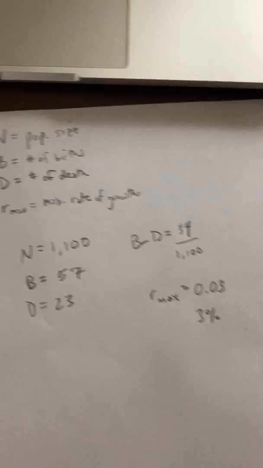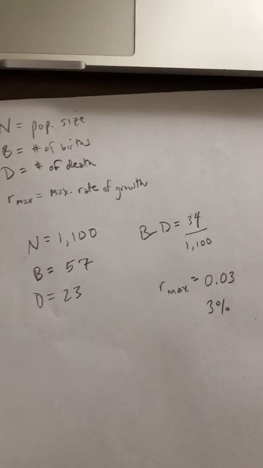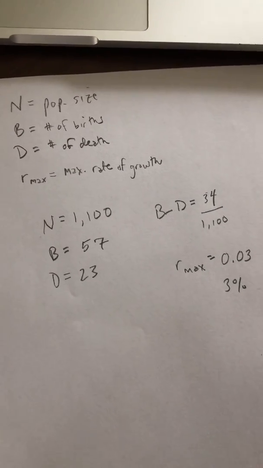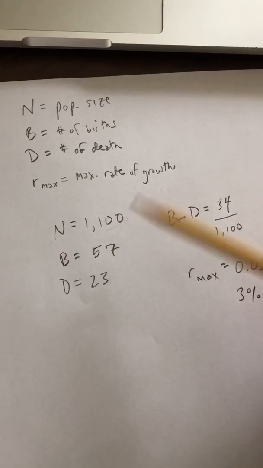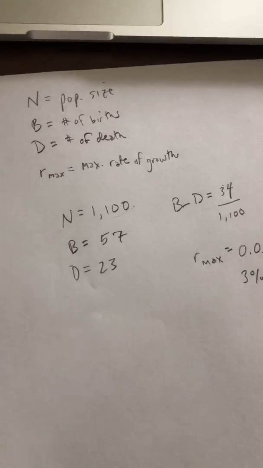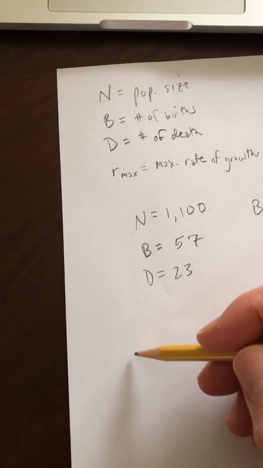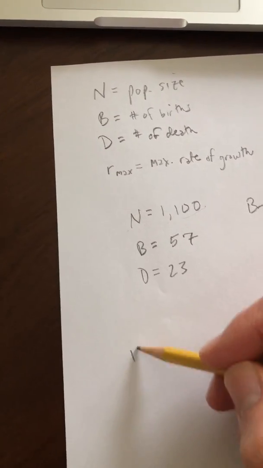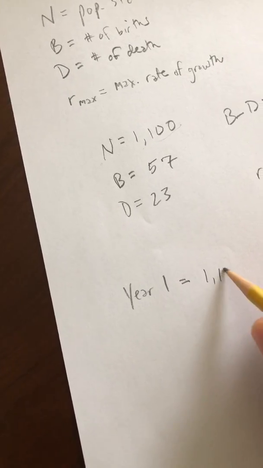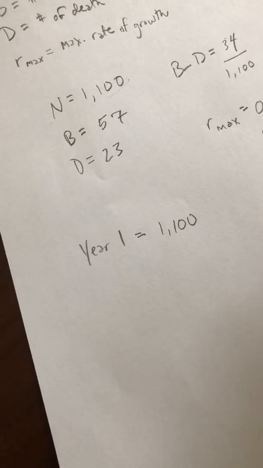So if I wanted to figure out how many individuals there will be in the population in the next generation, all I do is take my population size and multiply it by my r max, and then add that number to the population. So if year one, and I'm just using year as an arbitrary unit of time, they might refer to this as generations or something else. If year one is 1,100, the amount of new individuals added,